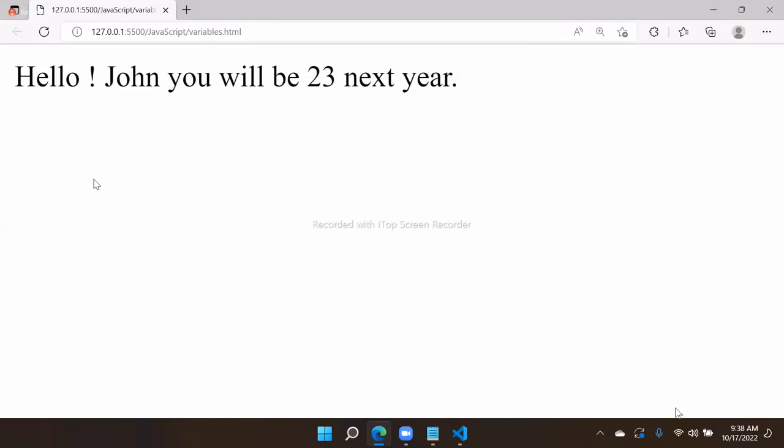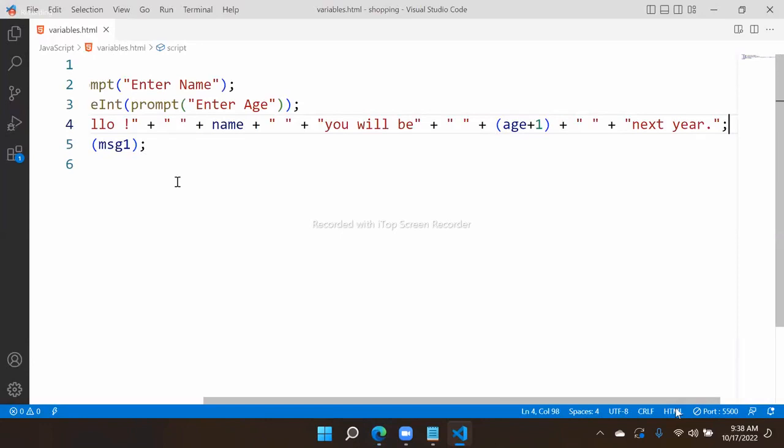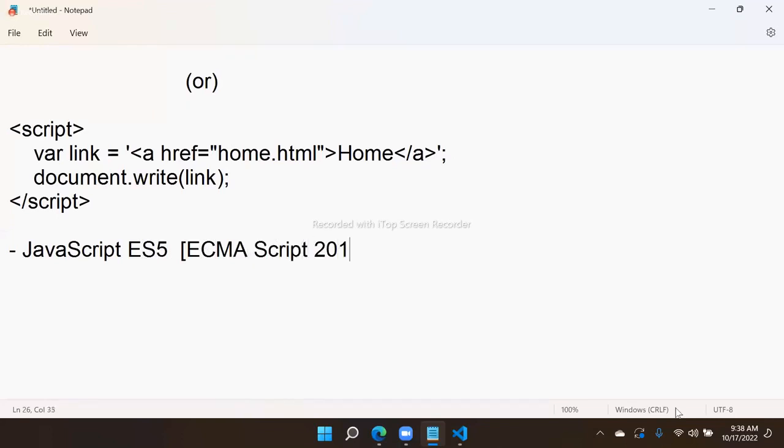But what is the problem is a lot of concatenation, plus, lot of issues with spaces. Representing a lengthy string is a difficult job. That is the reason what happened is JavaScript ES5. ES5 is a version of JavaScript. ES5 is what? ECMAScript 2015. From JavaScript ES5 introduced,